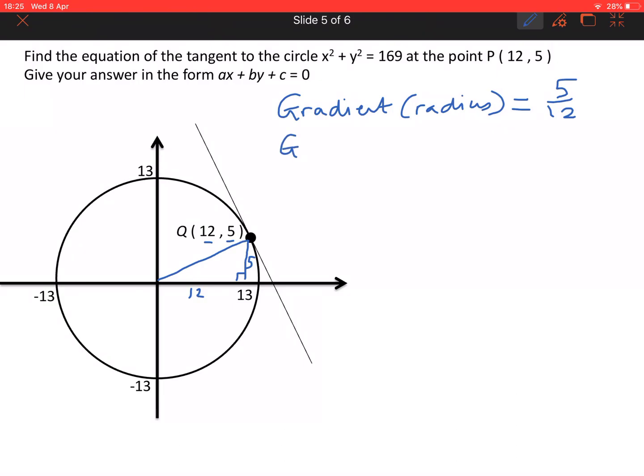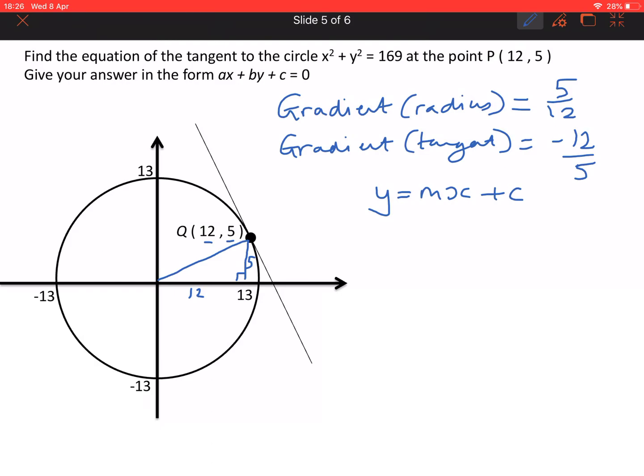So the gradient of my tangent is the negative reciprocal of that, so I can flip it and make it negative. So my equation of my tangent is y equals mx plus c. So I know that y is 5. The gradient is negative 12 fifths. x is 12